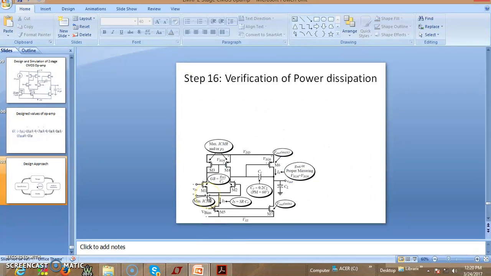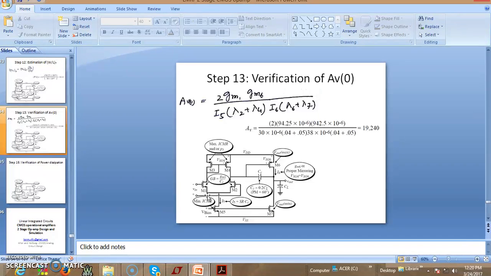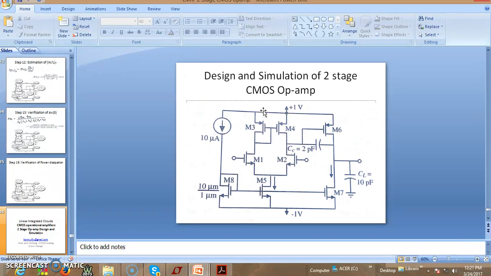So as you can just go to this, if you can actually find the expression for the gain, this is the expression for the gain. It is 2 times gm1 into gm6 over I5 multiplied by lambda 2 plus lambda 4 into, and so on. You can actually find out the magnitude of that DC gain. So in dBs it happens to be 79 dBs. So we can find out its value in ratios by substituting gm1, gm6, I5, I7 and lambda of the second, fourth, sixth and seventh transistor. So this way we are able to